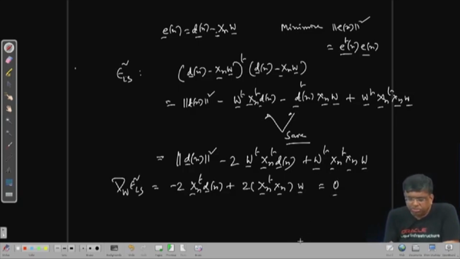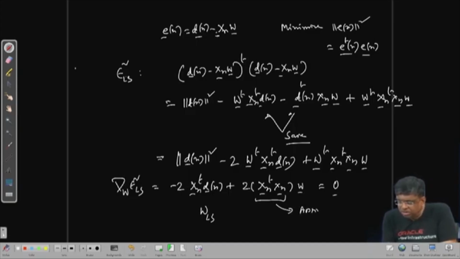That will give me w opt. So, here w LS, least squares, if this is invertible, and we will show that this is indeed invertible in practical cases, then this will be